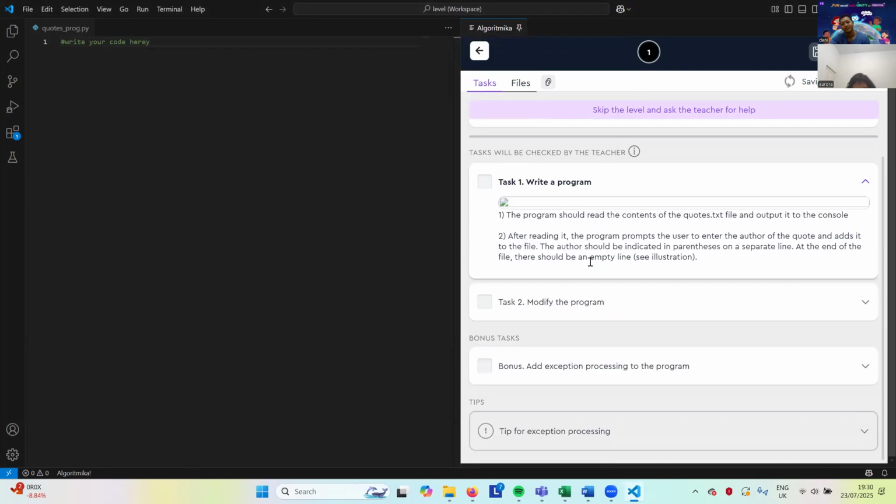The program should read the contents of the codes txt. After reading it, there's a problem with the picture. Okay. Same as usual, Aura, I will annotate on the screen. You just type it.